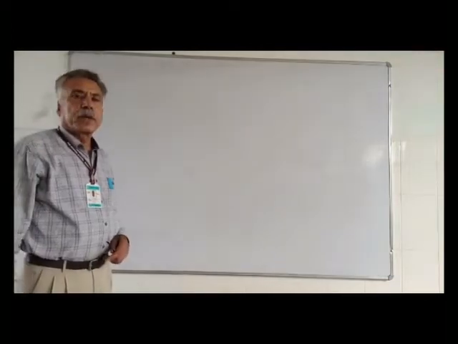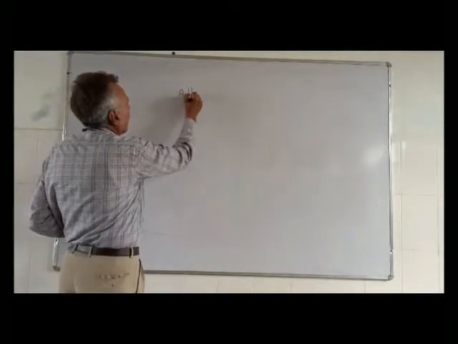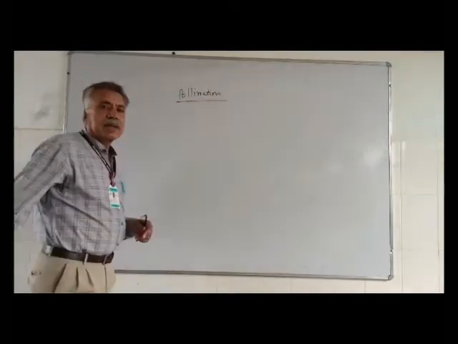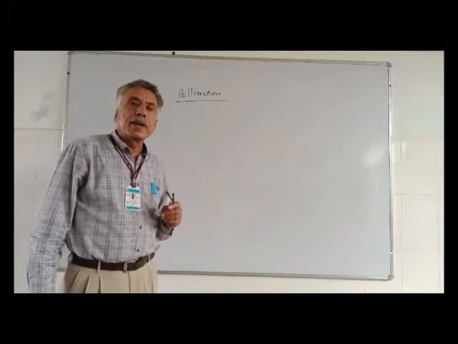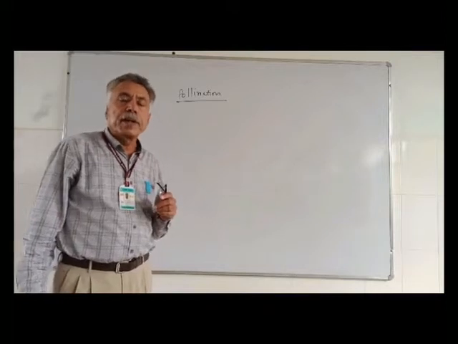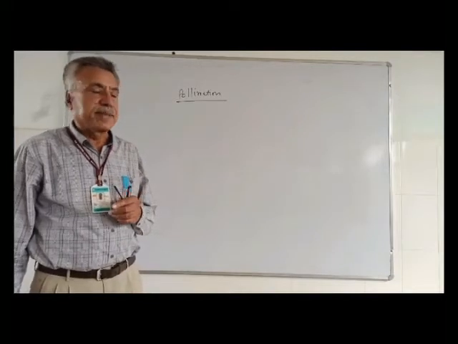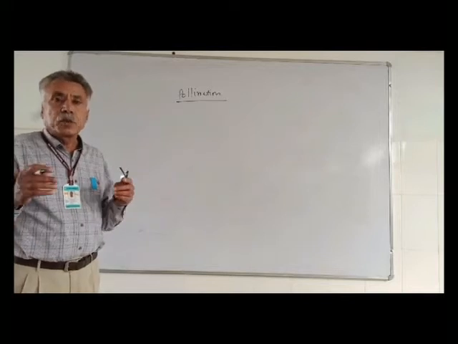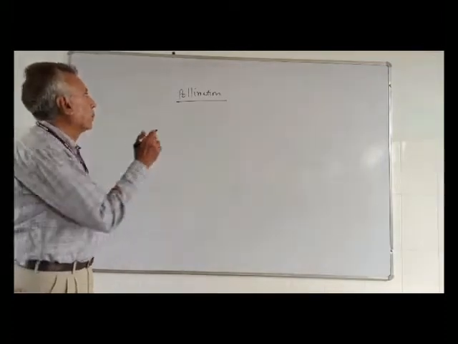Dear students, today we will discuss pollination. As you have learned, in angiospermic plants, the pollen grain is the male gametophyte and the embryo sac is the female gametophyte. The pollen grain produces the male gametes and the embryo sac produces the female gametes. For fertilization, it is necessary to bring them together, and this is achieved by the mechanism that is called pollination.